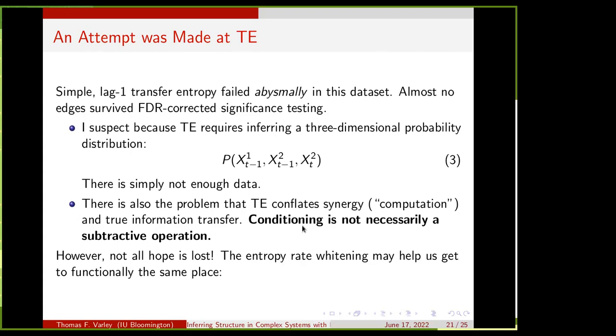And this is because conditioning is not necessarily a subtractive operation, right? People think conditioning is the same thing as controlling, but it's a little bit different from that. And if you're conditioning on a collider, there's all kinds of weird synergistic effects that can emerge. However, all hope is not lost, okay? I think the local entropy rate whitening helps us get to the same place without having to worry about some of these issues,